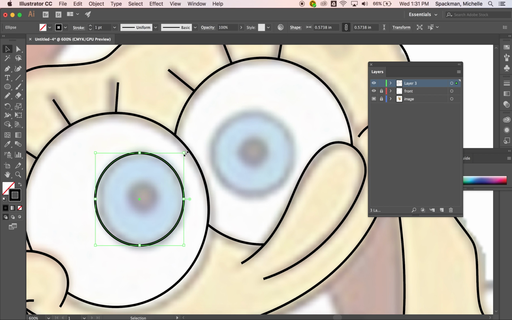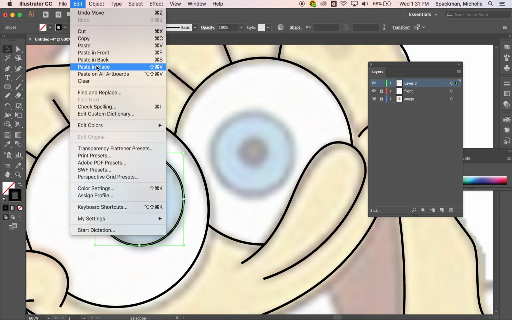And then I'm going to grab the corner, hold Option Shift, and shrink it down. And what that did is it's mimicking the outside shape and making it perfect and just slightly adjustable for the pupil. Now, what I can do is take this entire image, or these two pupils, go Edit, Copy, Edit, Paste,